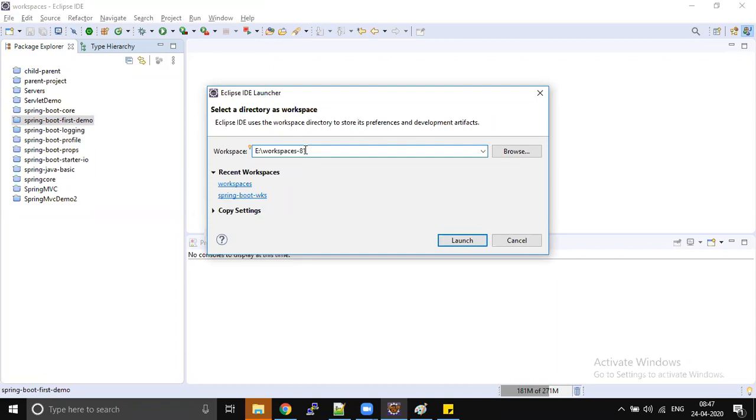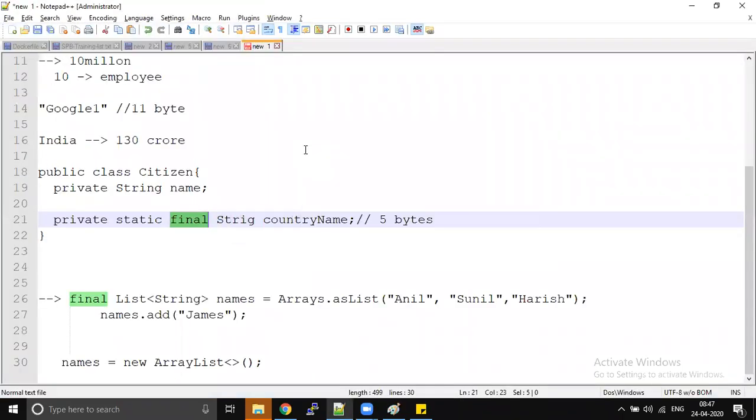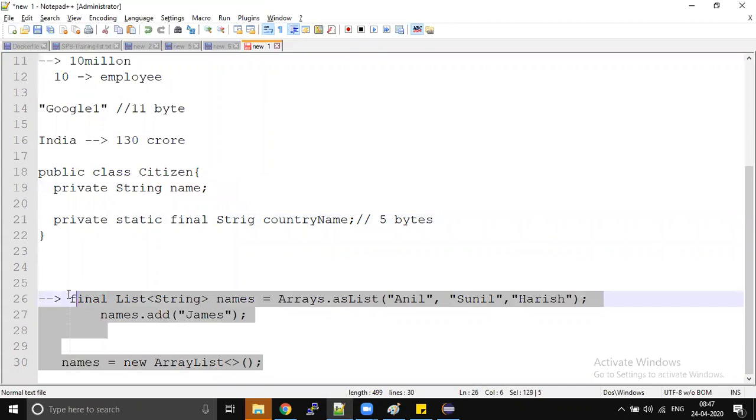Let me restart my Eclipse in the new workspace. Okay, I will show one example so that it will be clear for you. Any other question in between?